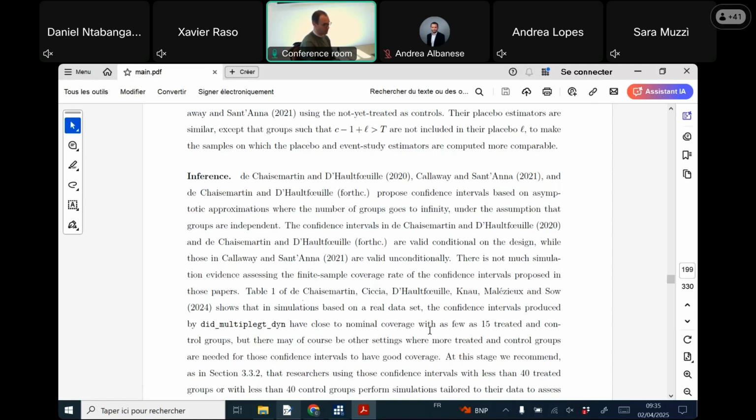So at this stage, we think that more research is needed to assess the coverage rates of those confidence intervals with small samples. At this stage, we're just going to keep the same recommendation as in the case without variation in treatment timing, which has much more simulation evidence. And we recommend that if you're going to use this type of confidence intervals with less than 40 treated and 40 control groups, then you should perform simulations tailored to your own data to verify the coverage rate of those